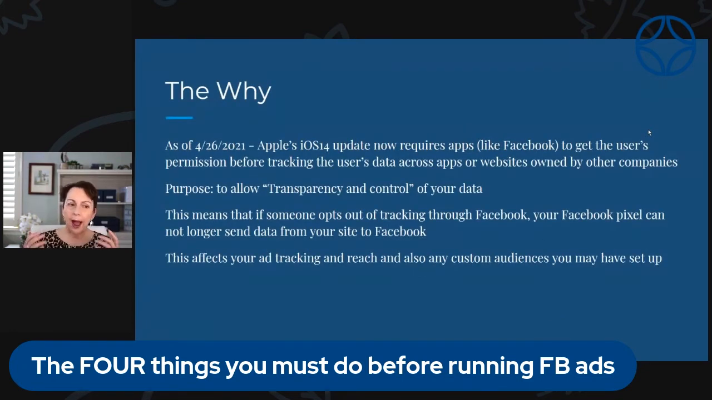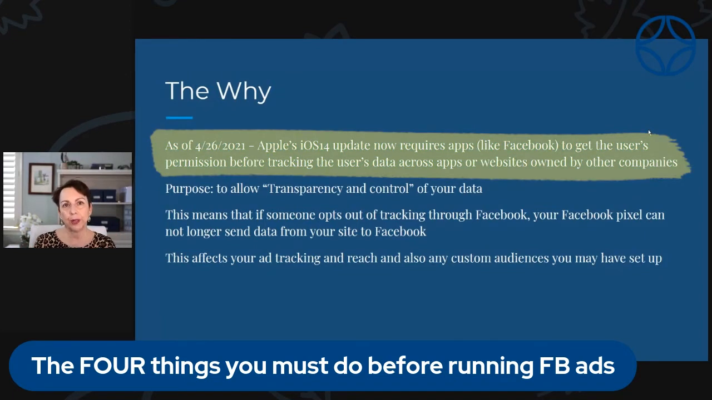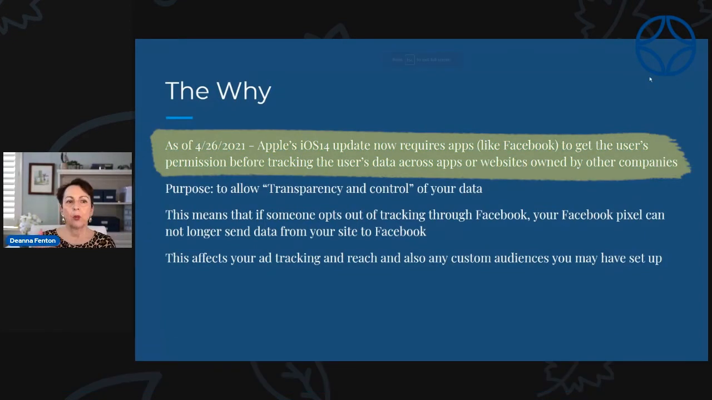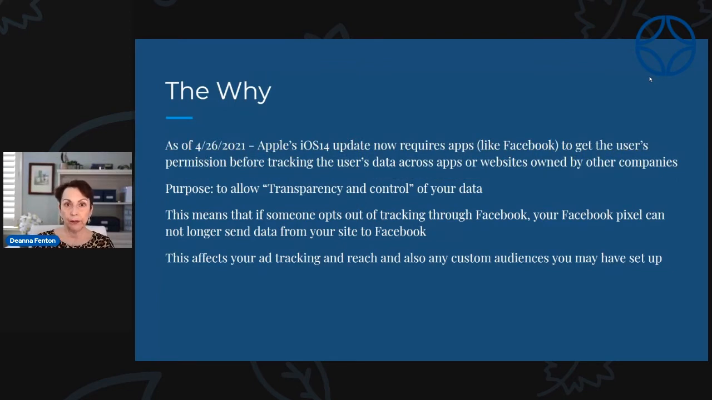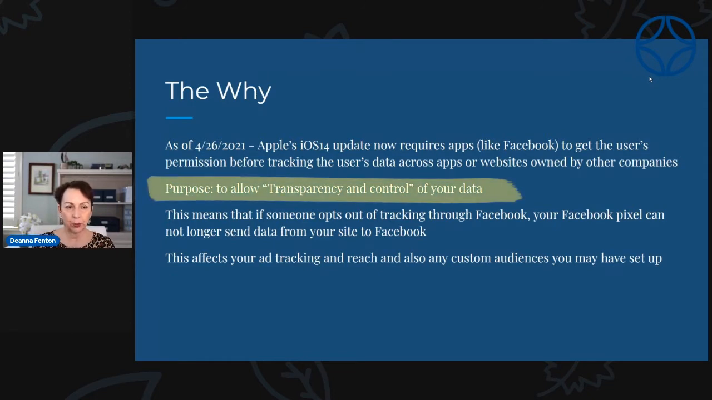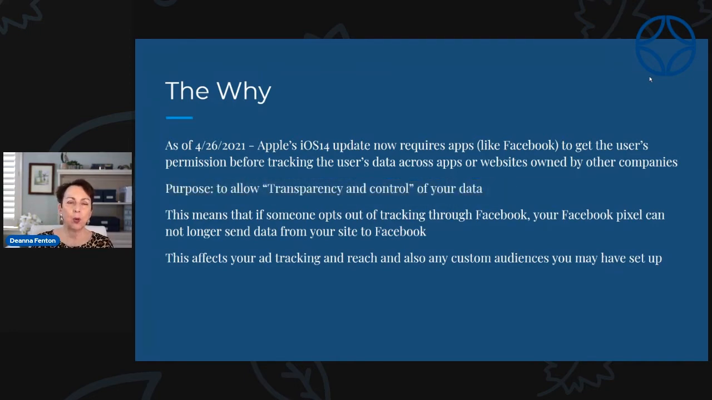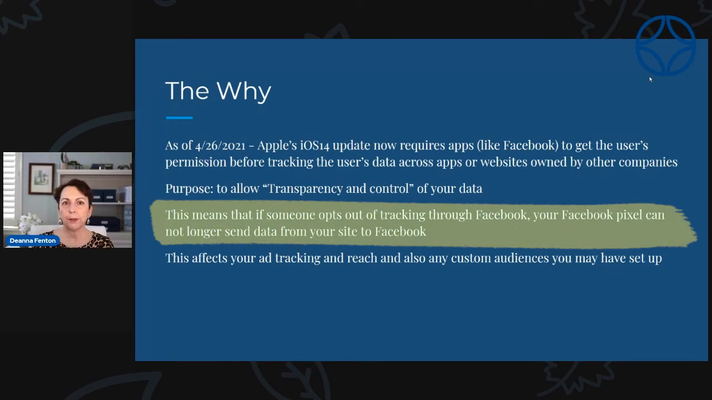Here's our why. Apple announced in June of 2020 that when they had their next update to their operating system, the operating system Apple uses on all of their computers, desktops, laptops, as well as devices, phones, iPhones, iPads, etc., they wanted to allow their customers transparency and control of their own data. What that meant was they wanted to give their users the option of opting out of any kind of tracking